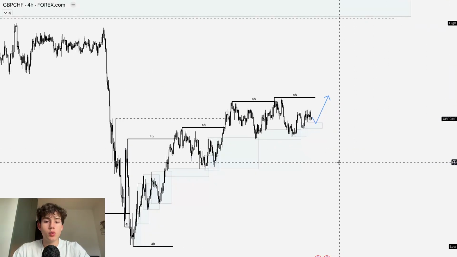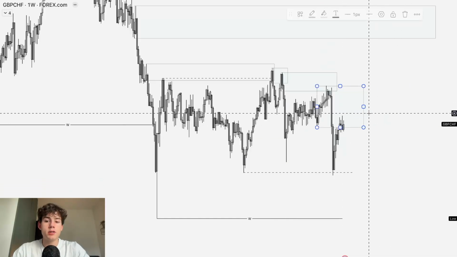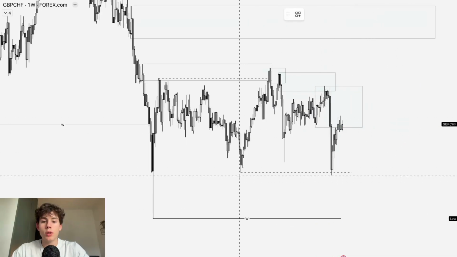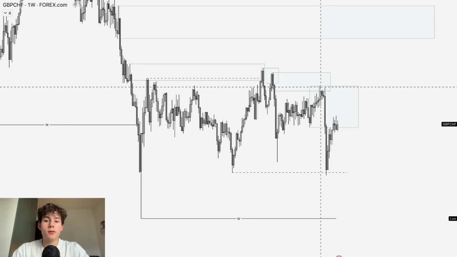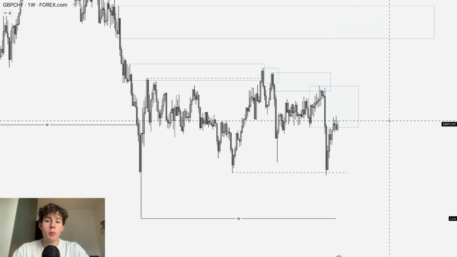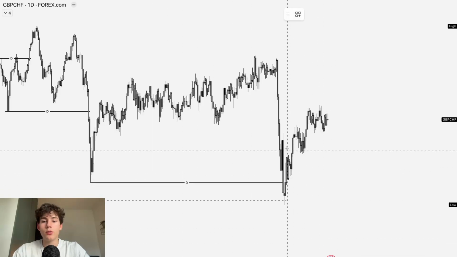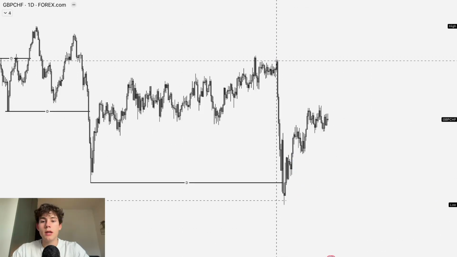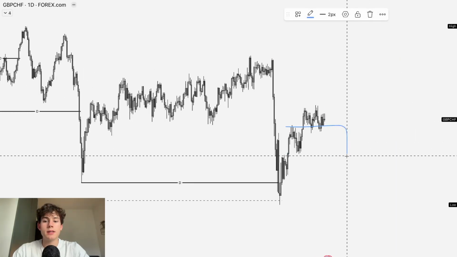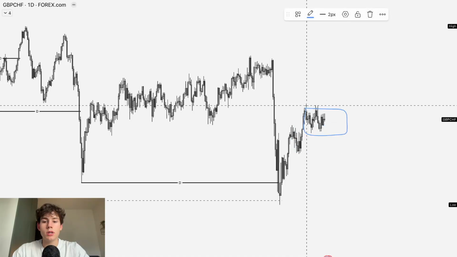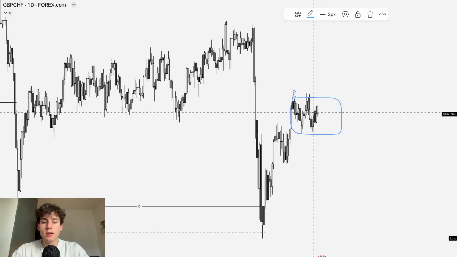Looking at GBP/CHF, we could definitely trade up higher though, although we are inside the supply zone. Now what do you see? We grab liquidity underneath this low. There's no liquidity in this move down, so we could expect to take liquidity above the high and just continue up higher. On the daily time frame, yes, we are bearish, but like I said, on the weekly time frame, no liquidity in this move down, so we could take the high out. So that's what I'm looking at, as long as that order flow stays bullish, which is also the case. You can see this demand is in control and is pushing price up higher.